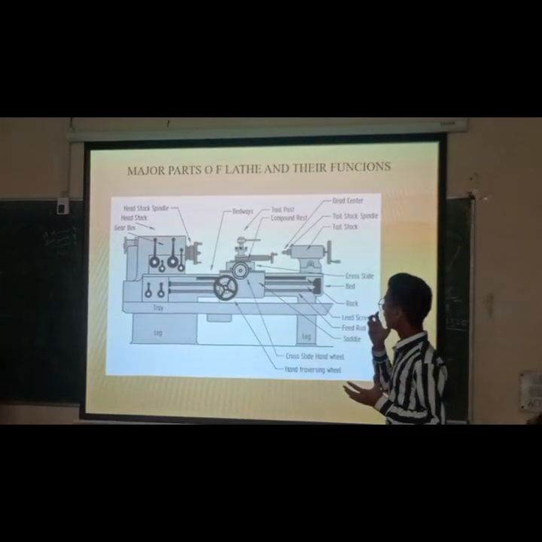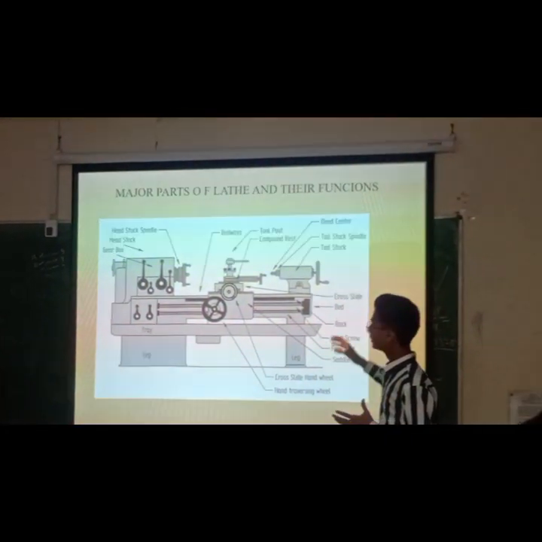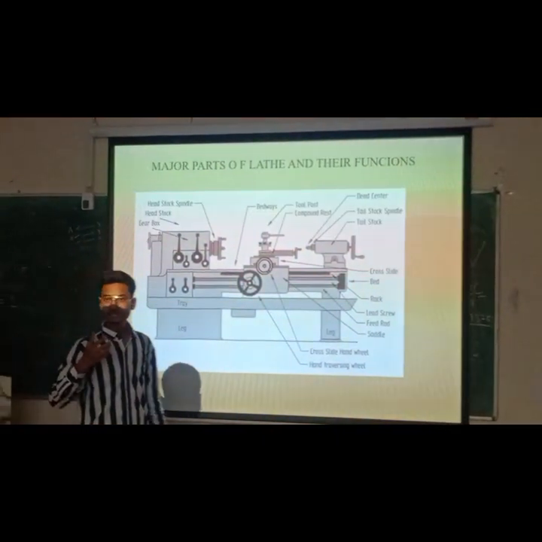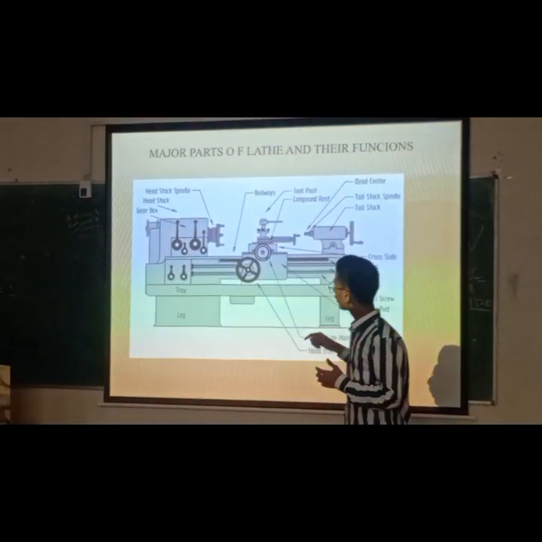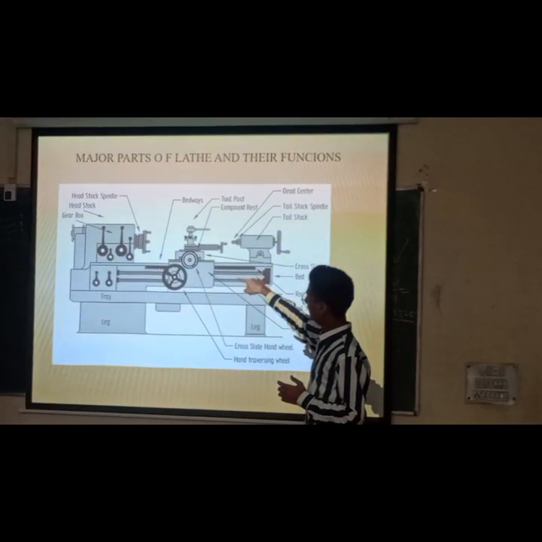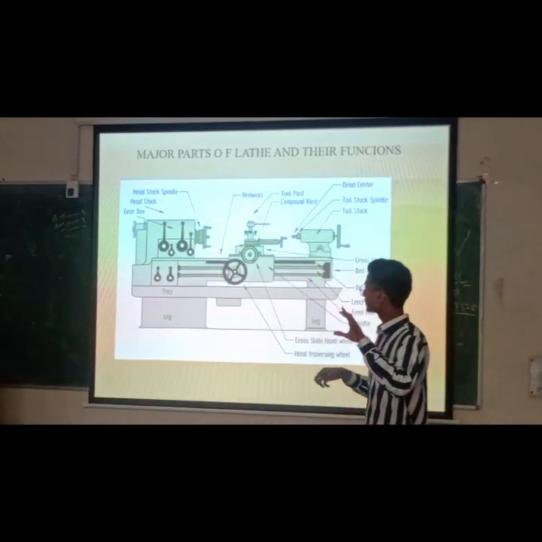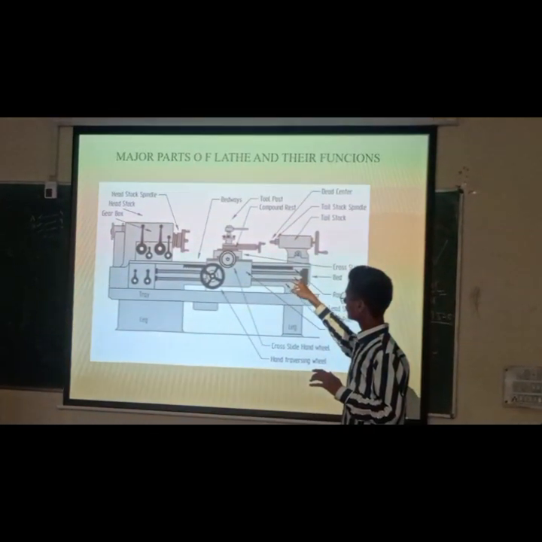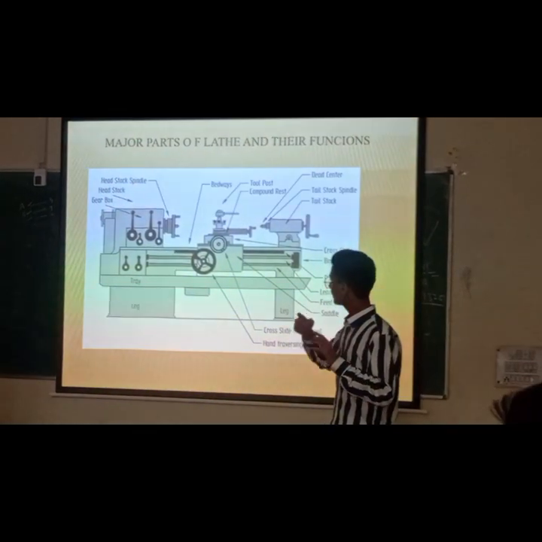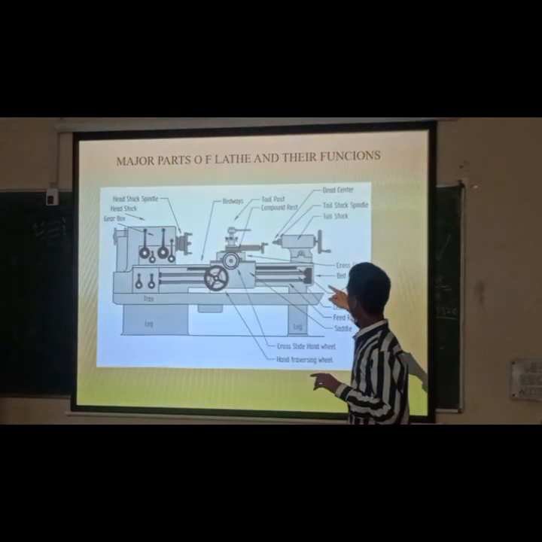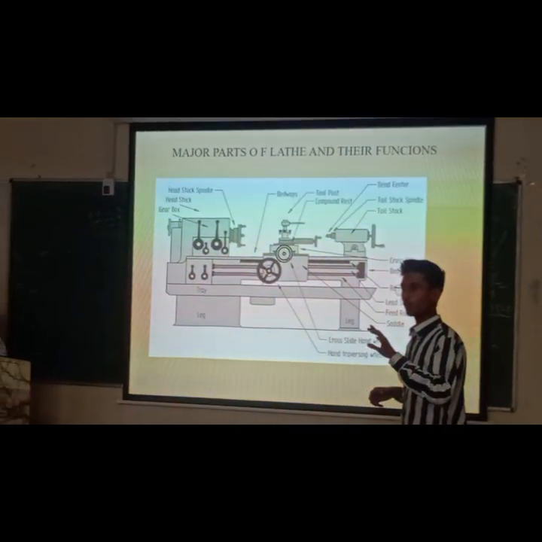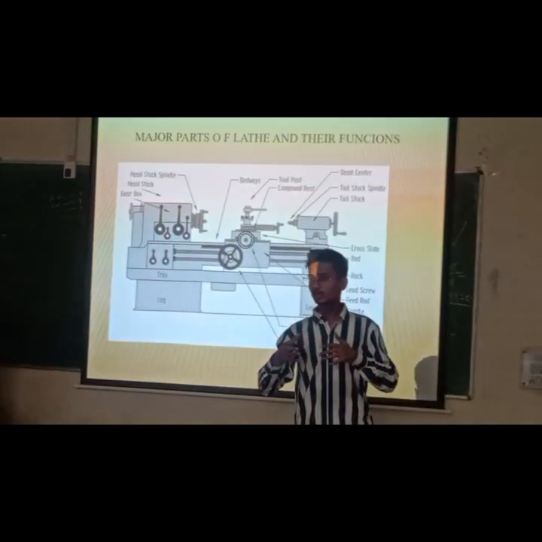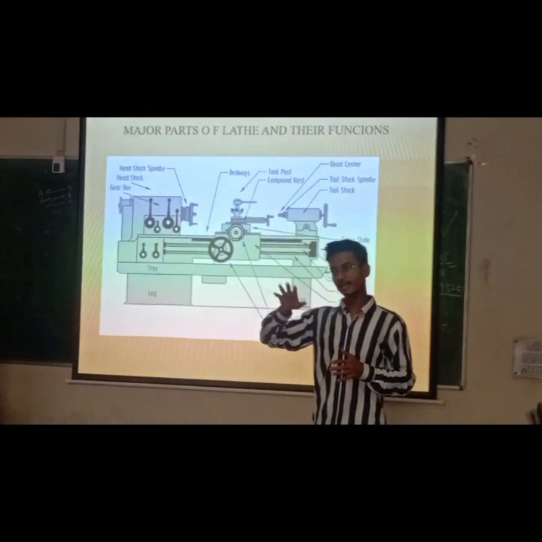There are two stocks, head stock and tail stock. And the head stock is known as the live head of the lathe machine. So why is it called that? Because there is a spindle and a chuck which is connected to the spindle, and the spindle is connected to the head stock. Because of this, the material is rotating. That's why it is called live head stock. And the tail stock is called dead stock. Why? Because it is only stationary. It is stationary but not moving with the object. So it is called dead stock.